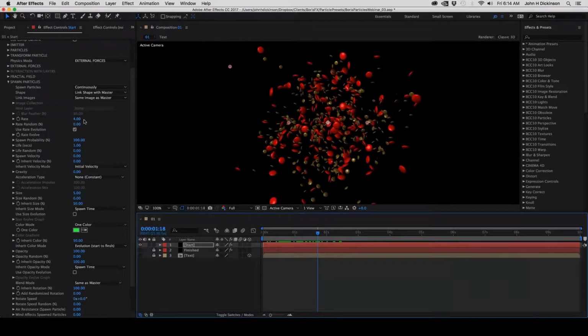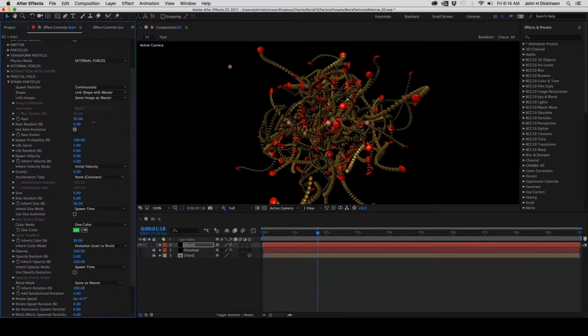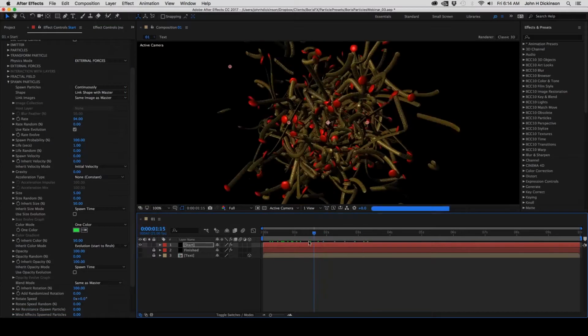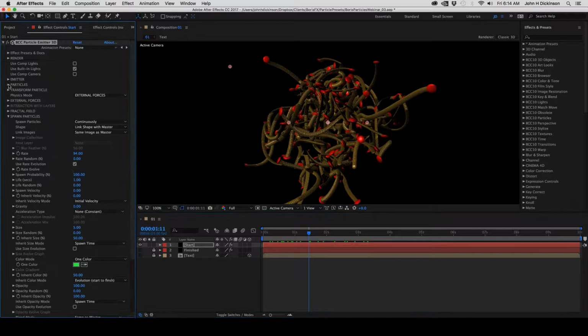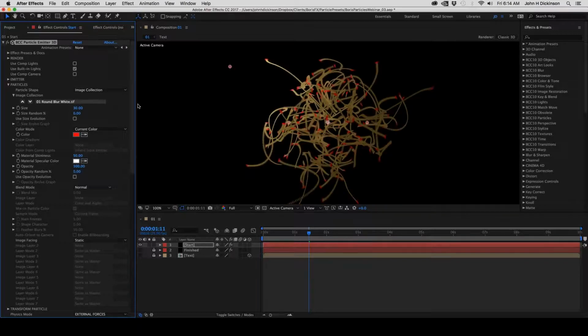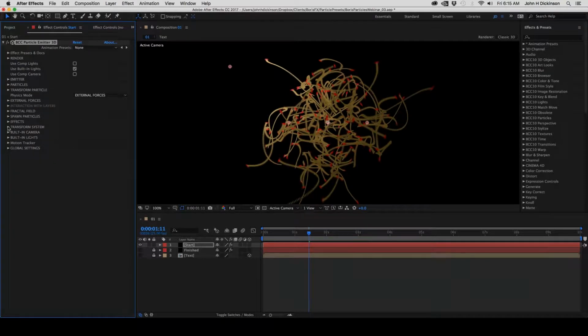Spawn particles. Spawn particles is probably my favorite section because it allows me to do some really interesting things with particles. Now by default it's turned off. I'm going to choose continuously, and you can see they look like lentils, don't they? Blood and lentils. You can see that our particles are spawning more particles at a rate of 4 particles a second. If I increase that, you can see we start to get some